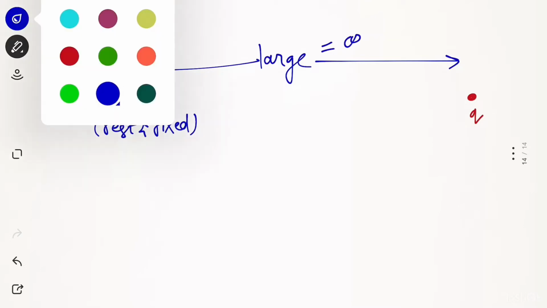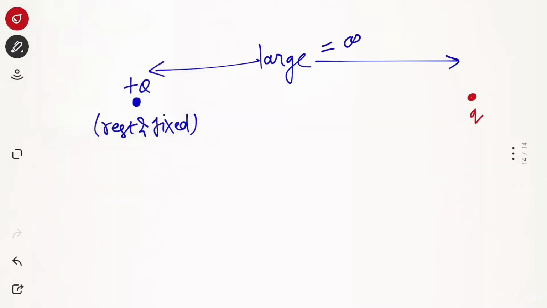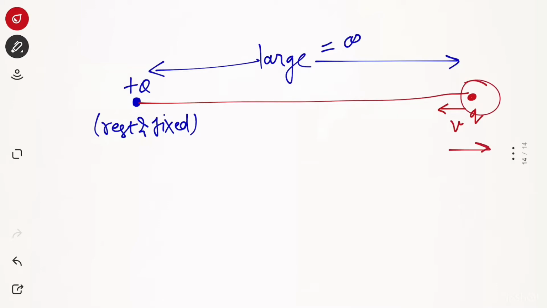Now what is given is that this charge q was shot towards this positive charge capital Q with a velocity v initially, and we know that both of the charges are positive. So at some point of time when the distance between them is not large, this charge will start to experience a force on the right hand side. Why only this charge? Because this charge is fixed.